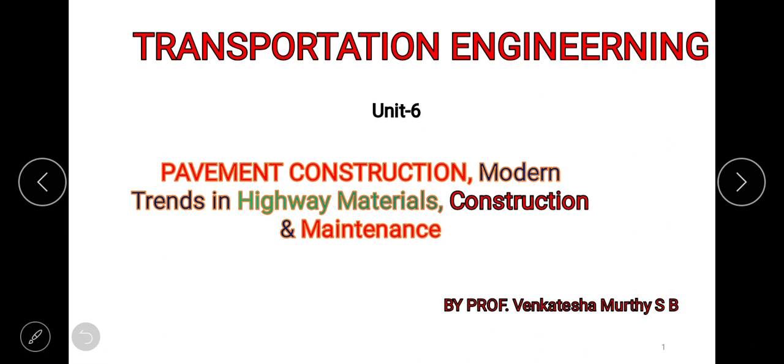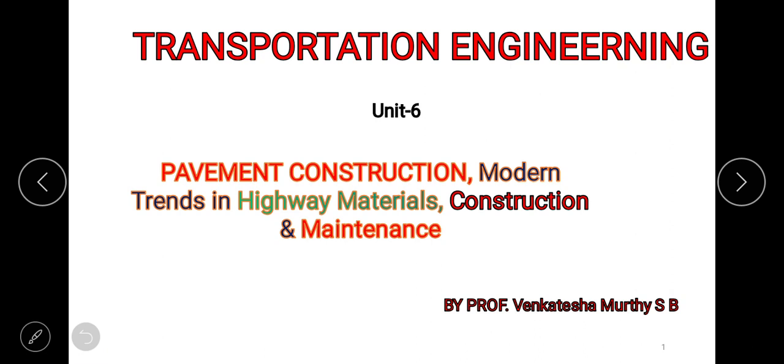So far, we have studied the history of pavement, developmental activities, various organizations which have been formed to monitor and look after the highway construction works, such as IRC, CRRI, National Highway Act, Motor Vehicle Act, long term 20-year road developmental plans, first, second, third, and fourth, etc. Vision, mission, etc. Traffic engineering we have studied in detail.